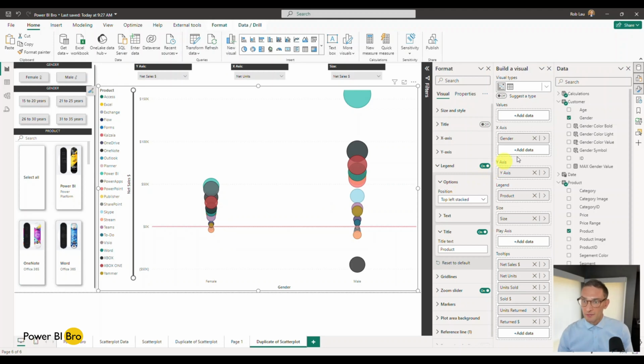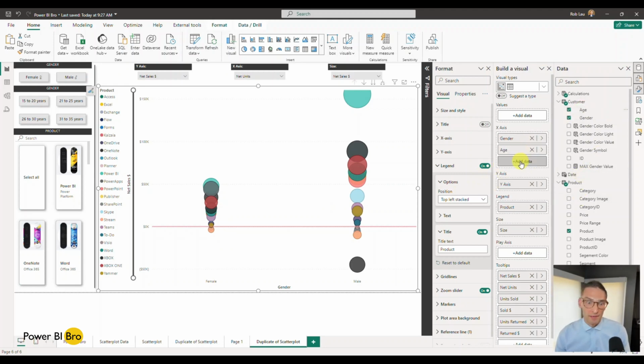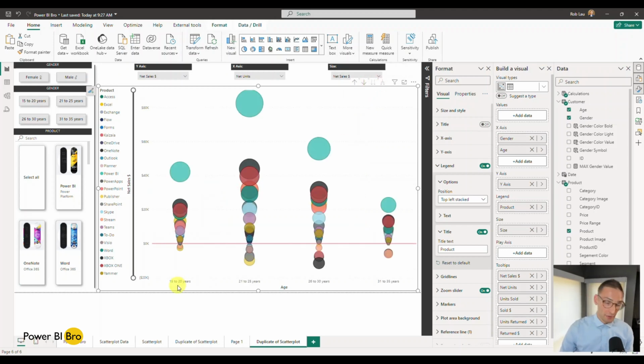So what some people like to do as well is you can get a little bit crazy with it and add more things and now drill down. So I see female, male. Well, let's first just go down one level. Now I can see all of the age groups and all the products. We can see the clear winner, Power BI. We can see some losers, publisher,